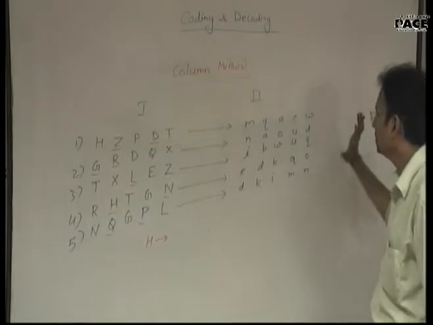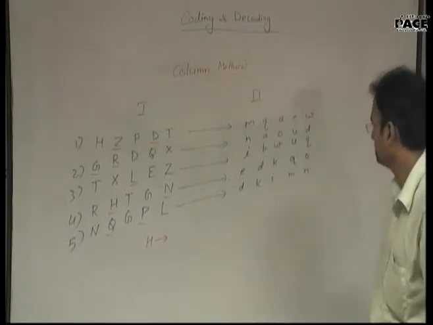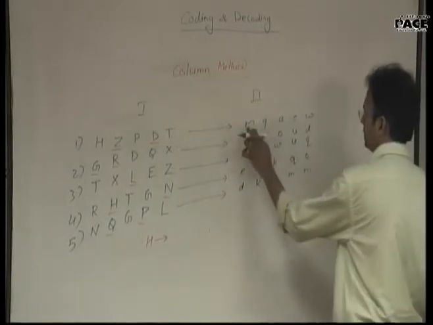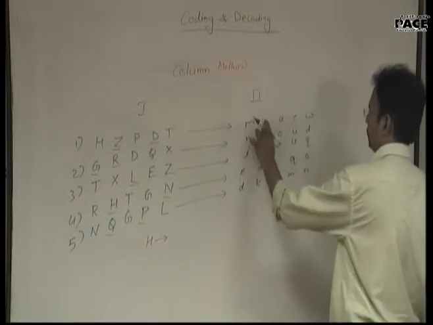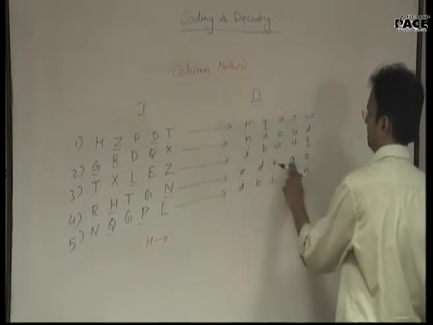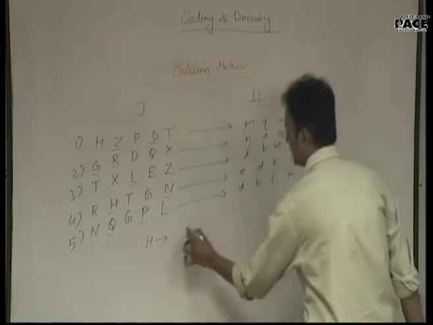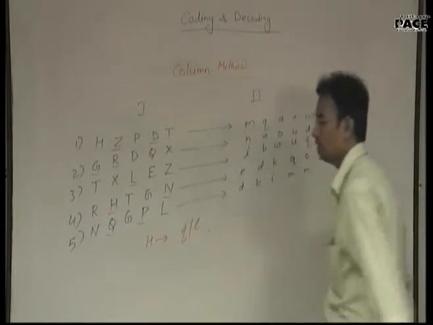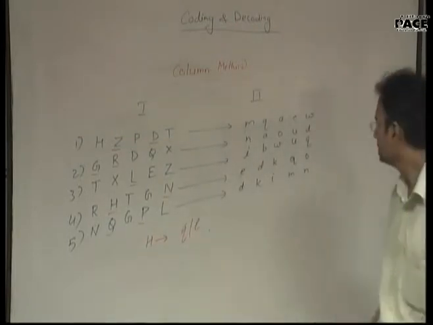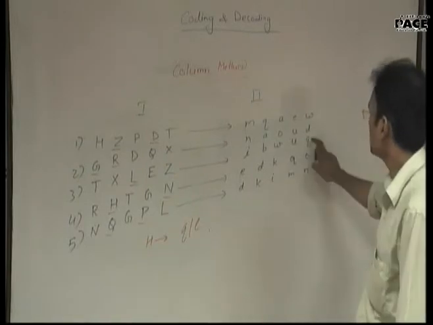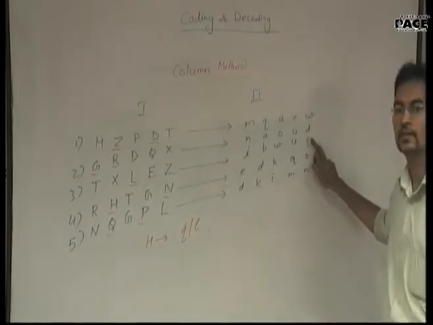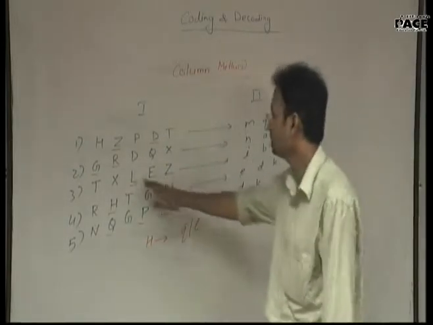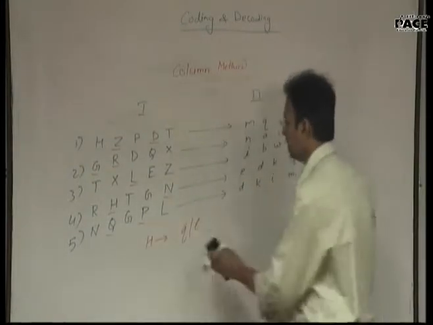So in 1 and 4, what letter is common? One is Q and one is E. Q and E. But they should not be repeated elsewhere. We can see Q is repeating here, where H is not there. So the value for H will be,